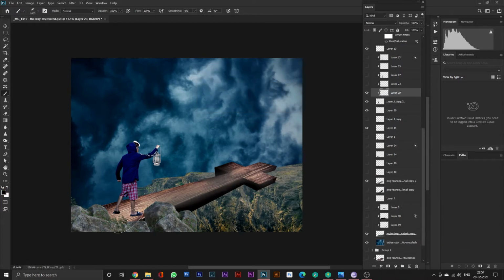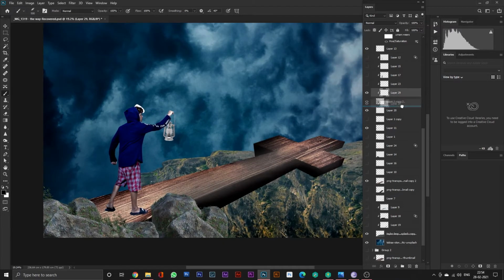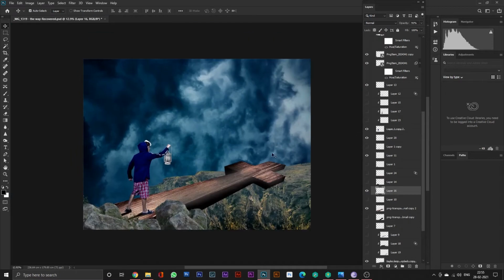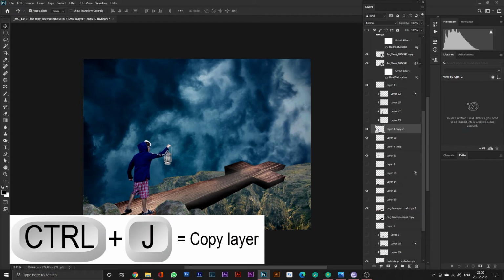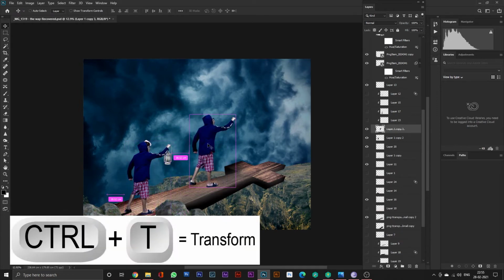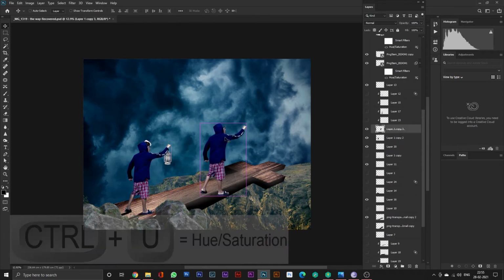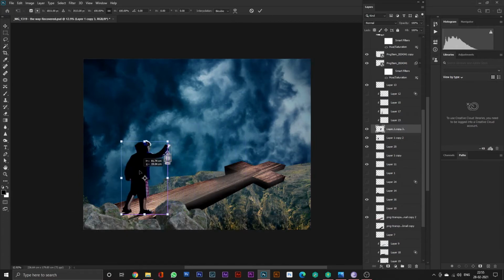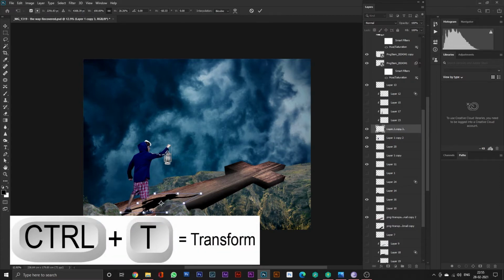Then you go for the shadows: brush, D, you get the foreground and background colors in the corner, and then take a black color for the shadows. You can see how I did it in the past videos. Once you are confirmed with this, you should learn that the lighting of the lamp and the lighting on the object are needed. All you have to do is first create the shadow, then you get the idea of the lighting too, but first you create the shadow. So as I created the shadow, I then created the lighting.